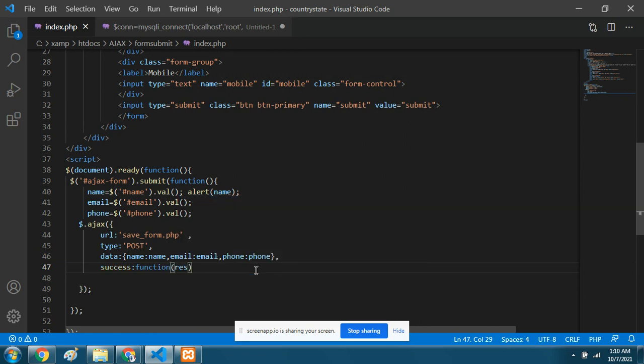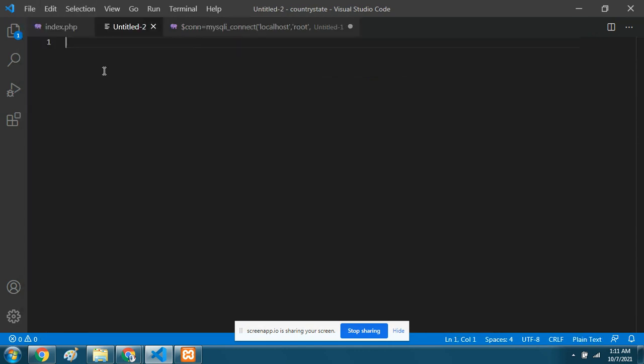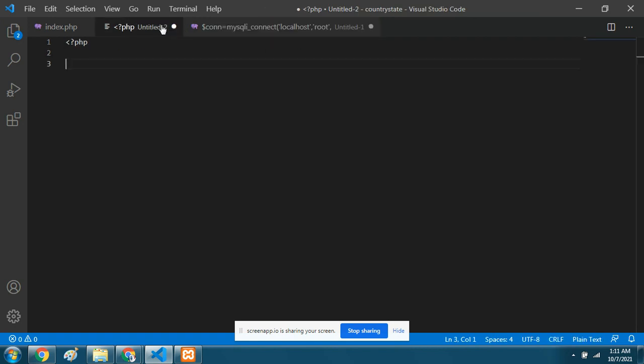Inside this we will get the response, and inside the success function we can just alert the response. So this is the total Ajax sending. So that we have to write a server file, and we have to connect the database. Server file is like